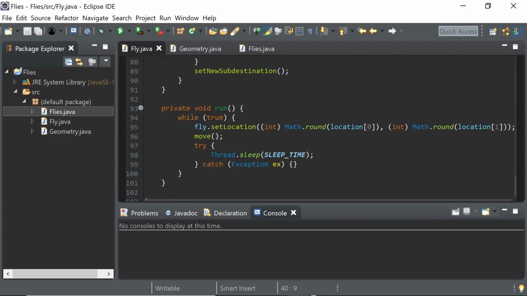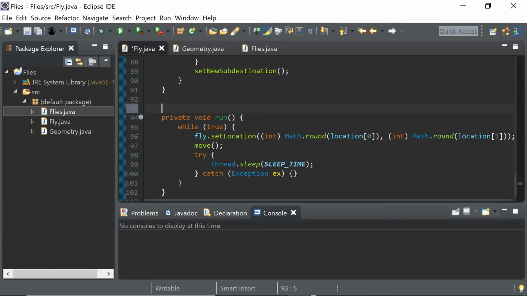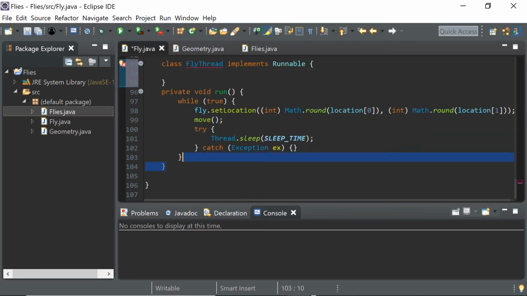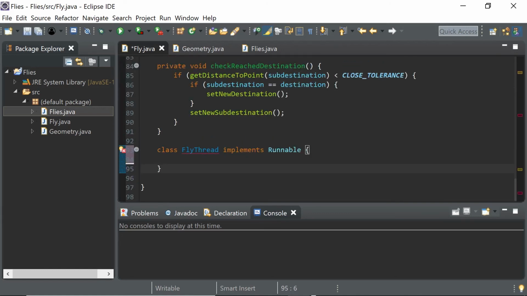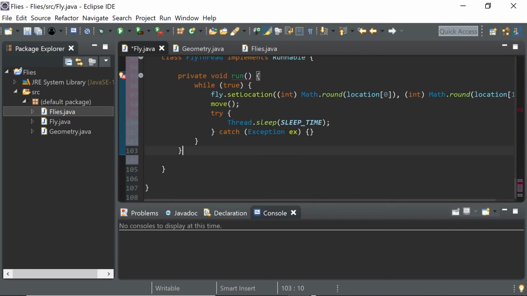We actually want the animation loop to run in its own thread so the fly can be moving about, but we can still do other work within the program. So I'm going to make an inner class called fly thread. I want it to be an inner class because I still want access to the fly members, the fly member and the move member of the fly class. And this will implement the runnable interface, which allows us to create a thread from it. The runnable interface just defines a single method called run, and that's going to be the method that the thread